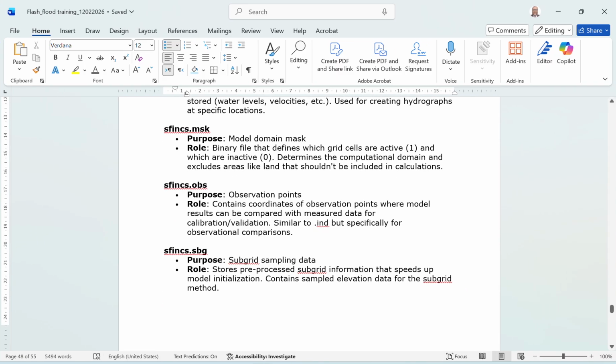We also have sphinx.msk, and this is like the model domain mask. The role here is a binary file that defines which grid cells are active and which are inactive. The active is represented by 1, the inactive is 0. It also determines the computational domain and excludes areas like land that shouldn't be included in